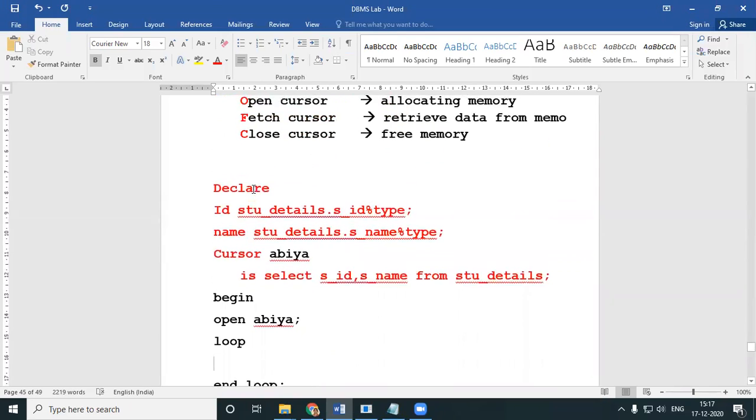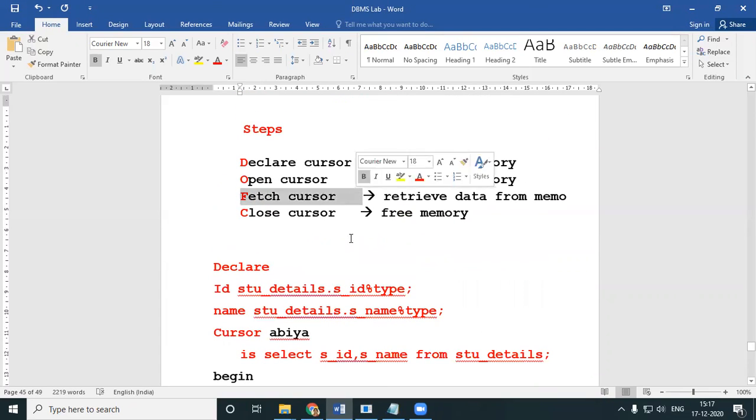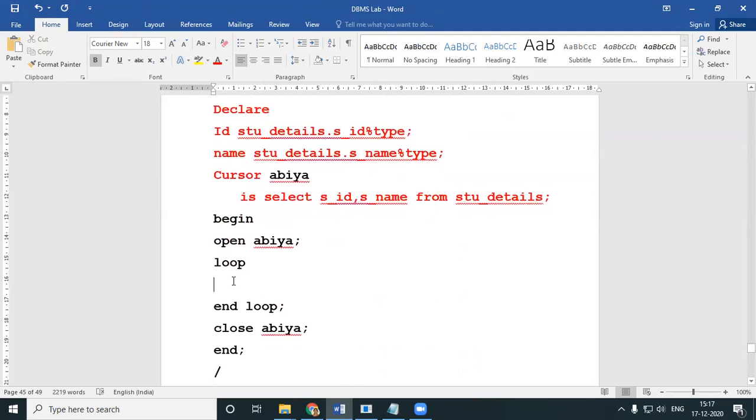Now I've opened it. Now what is the next step? I have to fetch my cursor, get the cursor, fetch Abia. What does Abia have? Abia has these two things. Abia has an SID and SName. Abia already has that. She has multiples of SID, SName.